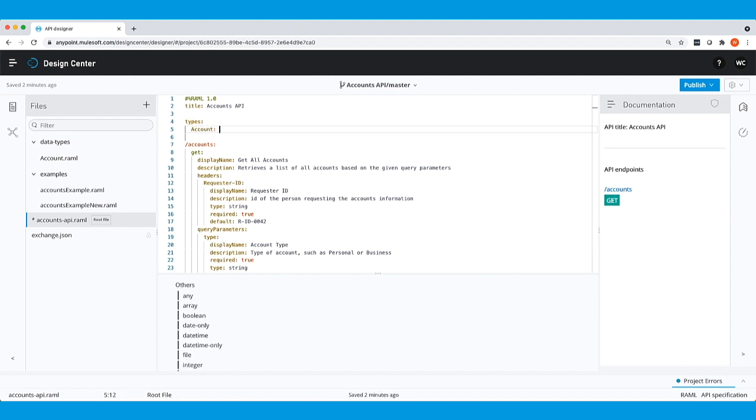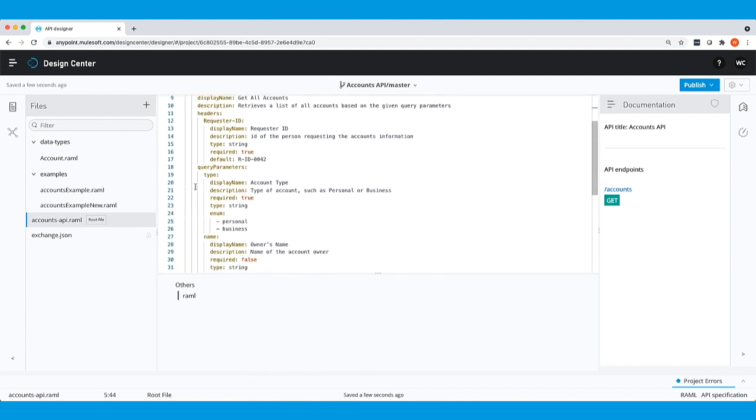colon, and from this point I could actually hit enter and create a data type using the same syntax as before, or I could import from a file. So I'm going to say exclamation include, which allows us to import. Then you hit space, and we put in the relative path name to the data type definition. So data types and account.raml. There's our data type account, and we'll use this in our get response. So we'll just scroll down